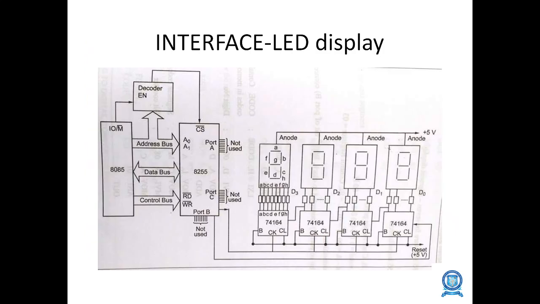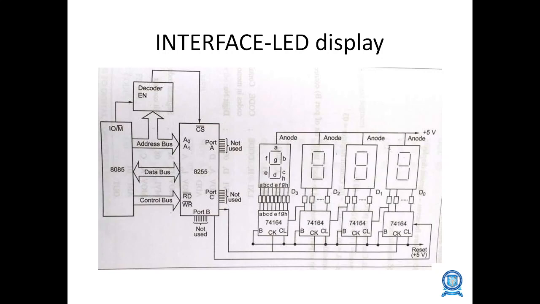The interface of the LED display for output devices is given. The 8085 is connected to 8255 interfacing circuit. In between that there is an address bus, data bus and control bus. Data bus is bidirectional. Address bus sends data to the encoder, decoder, and the control bus sends data to the 8255, in which port A, port B and port C are not used, and the signals are sent to LED